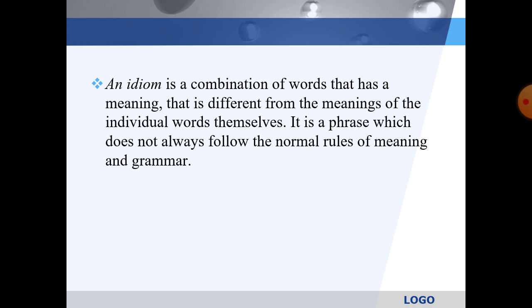So, for example, to sit on the fence can literally mean that one is sitting on a fence. However, the idiomatic meaning of this phrase is that one is not making a clear choice regarding some issue. Many idioms are unique and fixed in their grammatical structure. The expression to sit on the fence cannot become to sit on a fence or to sit on the fences.